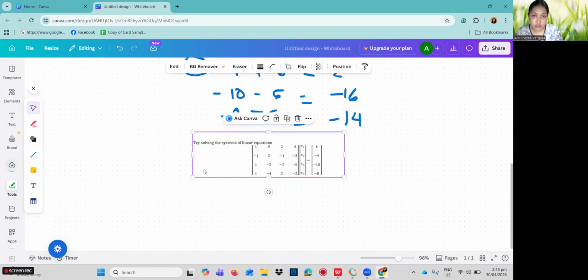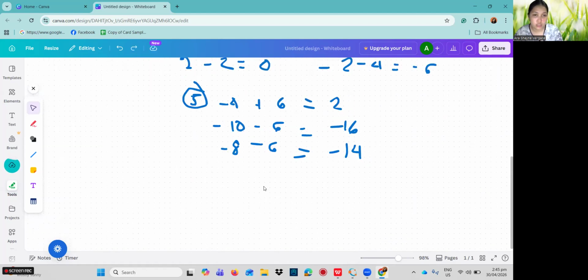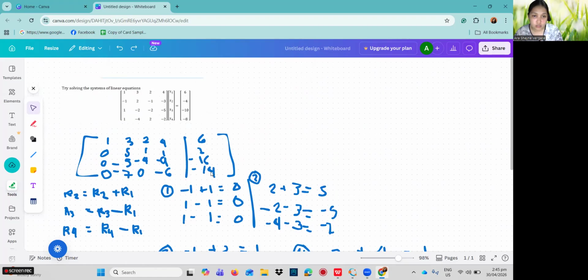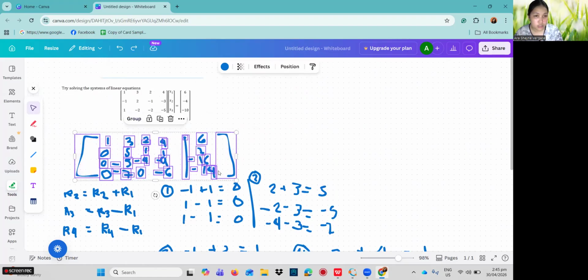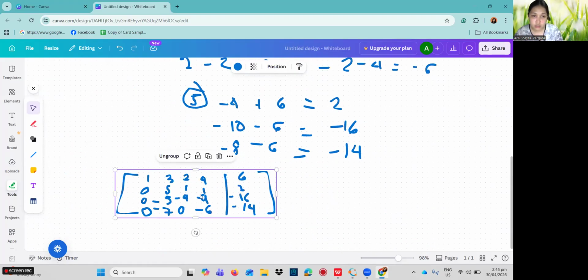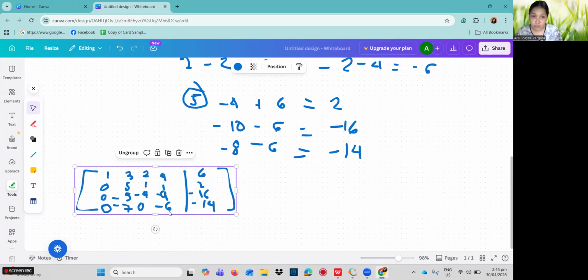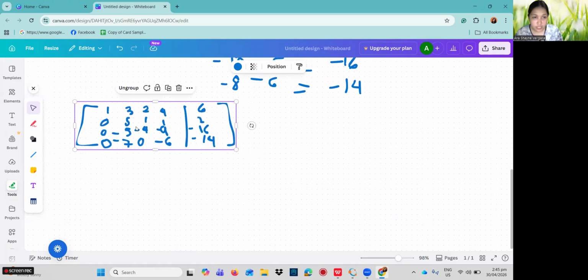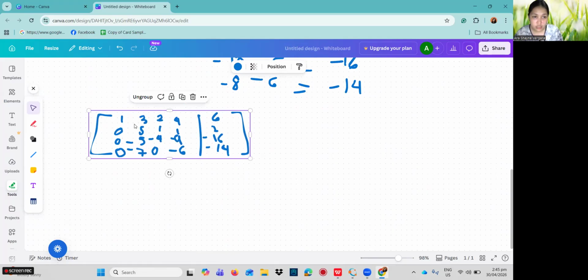So we'll copy this one. Oh, sorry. So this is the updated one. We need to make this 1 because our target is to make this diagonal all 1 and make the other numbers 0.